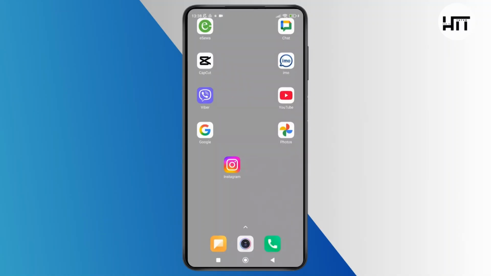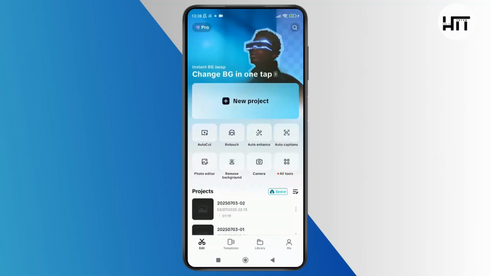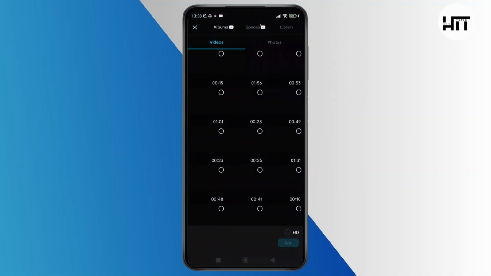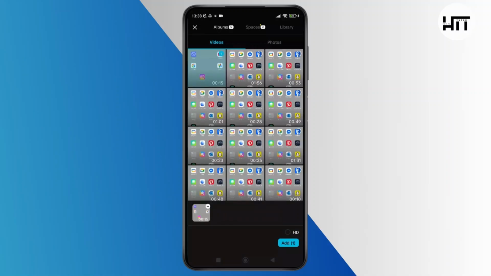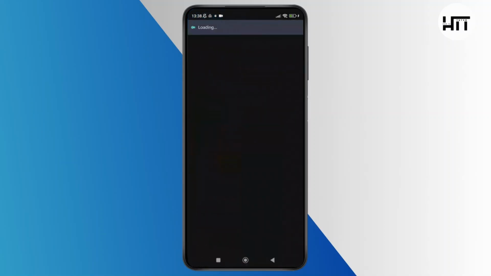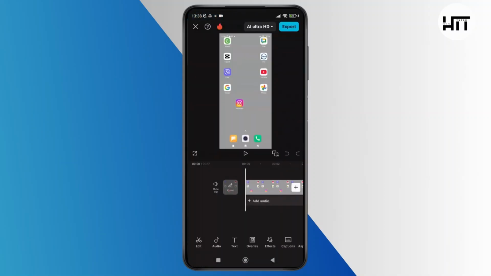So first things first, open the CapCut app on your phone. Once you're inside the CapCut app, simply tap on New Project, and import the video that you would like to edit. Once you have selected the video, just tap on the Add button shown in the bottom right corner of the screen. Once you have added the video to your timeline, simply select the video